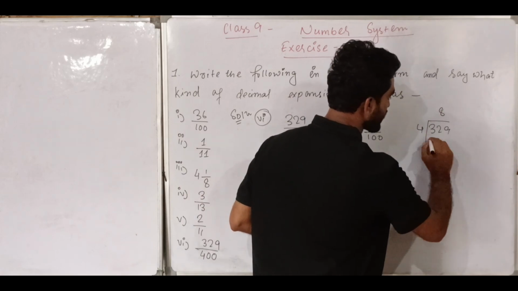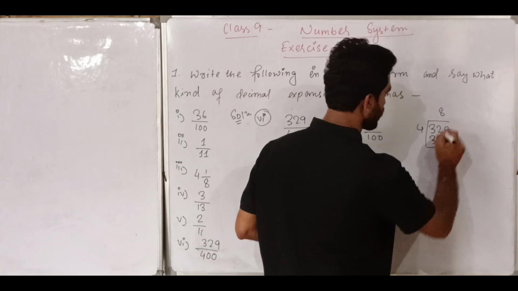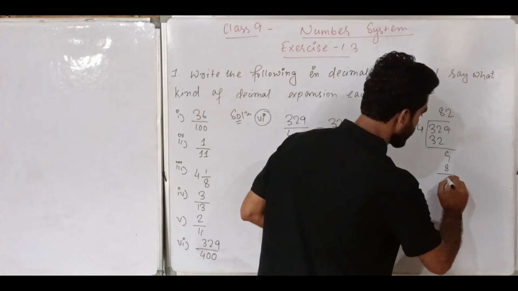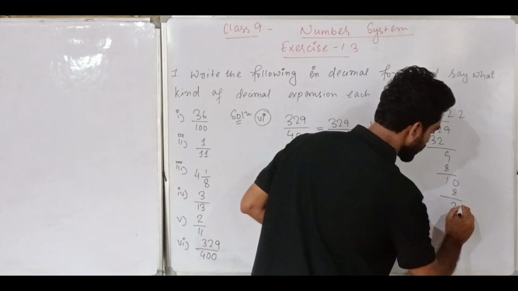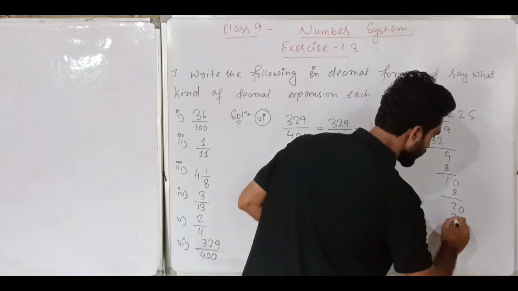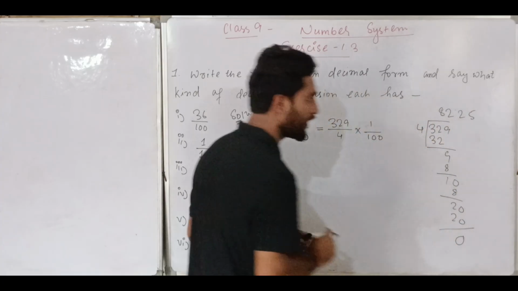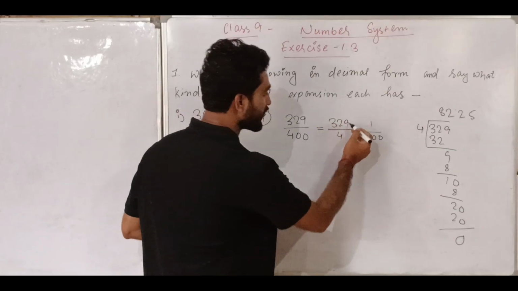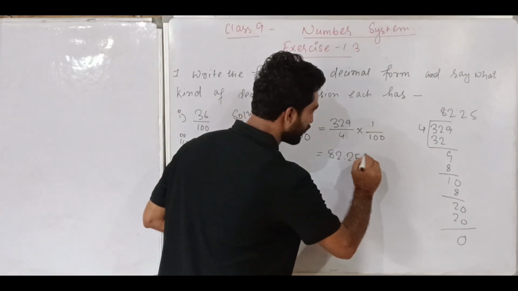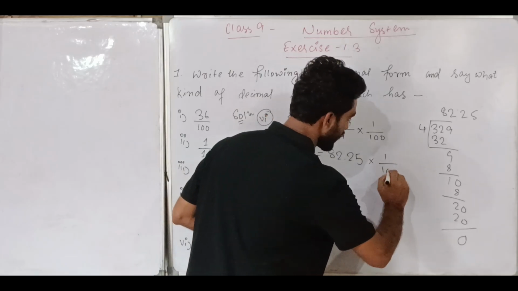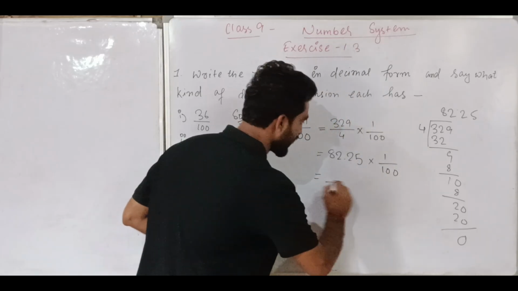So 4 8s are 32, 4 2s are 8, 4 2s are 8, 4 5s are 20. So here we got the remainder 0. So when we divided 329 by 4, what we got? 82.25 into 1 by 100. So this one we can write